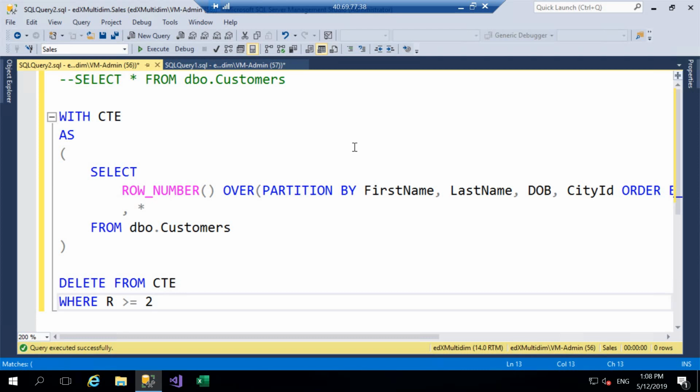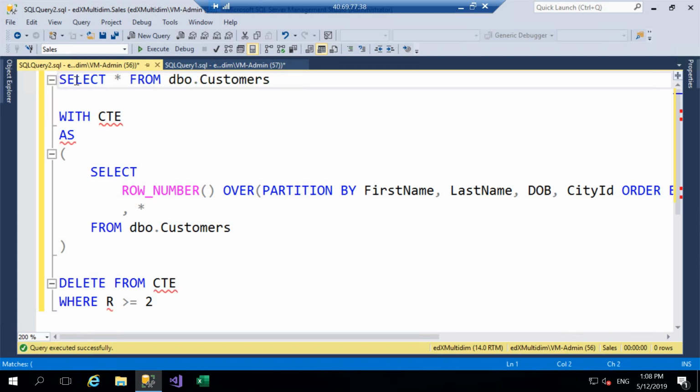So a common table expression doesn't actually store any data. Now what's happening here is something very clever. It's recognizing the table we're using, and it's going back to that table and removing the data from there for us. So if we run this select at the top again,